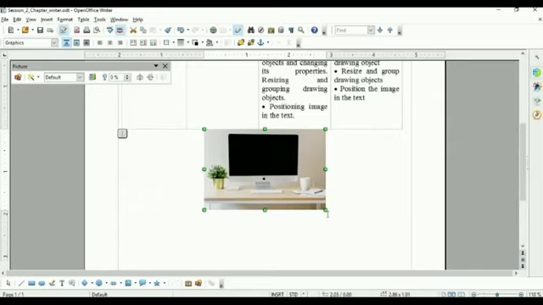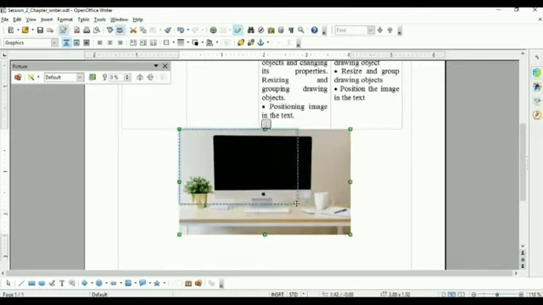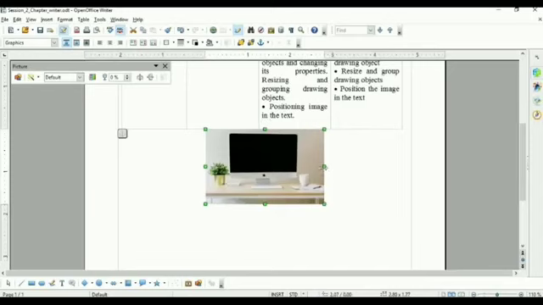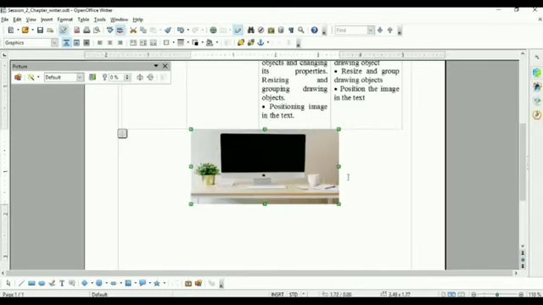The picture is selected with the help of these green points. What are these green dots called? The green points or green dots are called handles. With the help of these, you can increase or decrease the size of the picture. Either you can increase the size of the picture or you can reduce it with the help of these green dots. Is it clear?